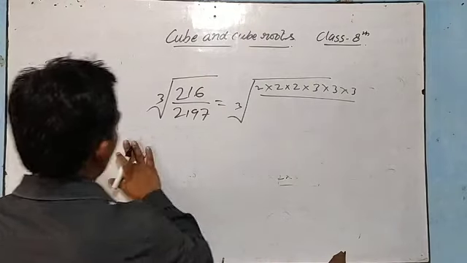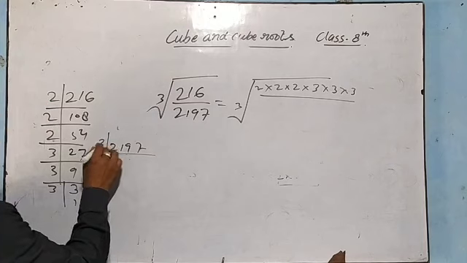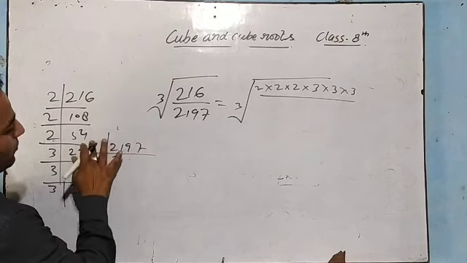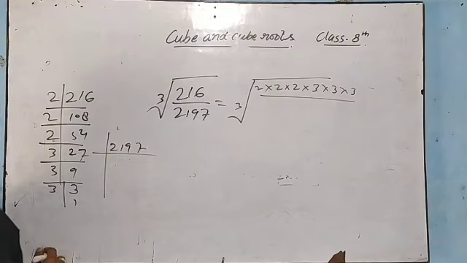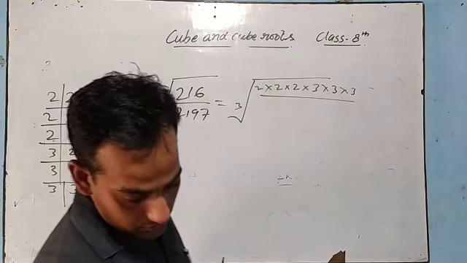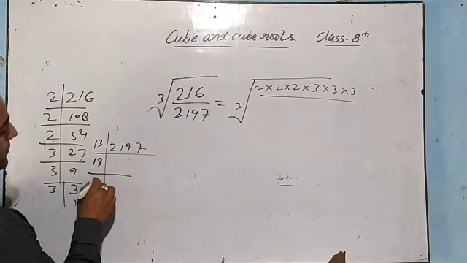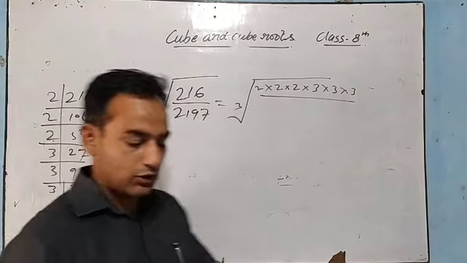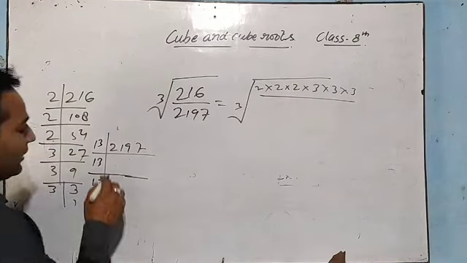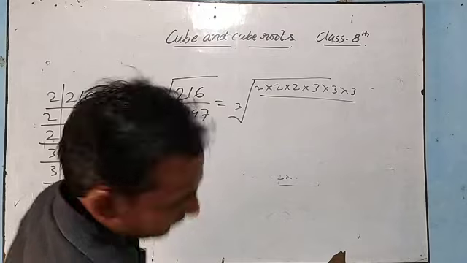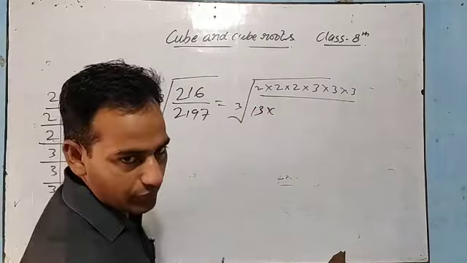Okay, and now 2197. 2197 means 3 7s are 21. No, 3 से नहीं कट होगा. 7 3 जा इससे कट होगा ये. Let us check by which number it should be divided. 13 2s are 26, 13 13s are 169. So we can see only prime numbers we will take: 2, 3, 5, 7, 11, 13. So 13 will divide this and we will get 13 multiplied by 13 multiplied by 13. I have seen it from my book. Okay.